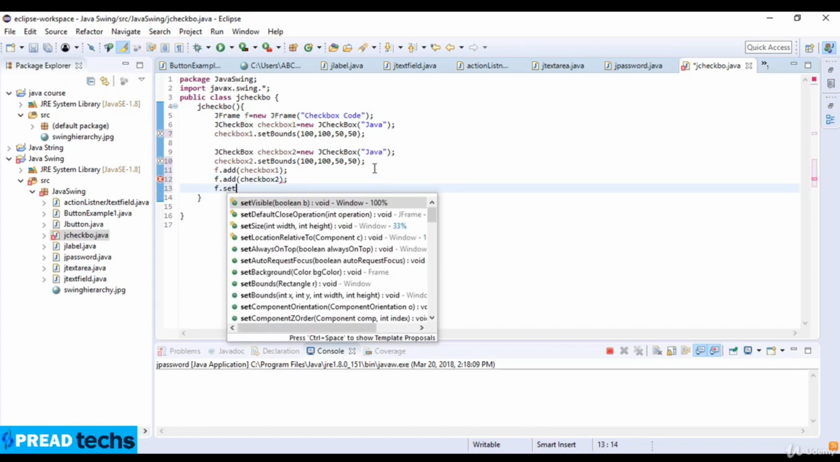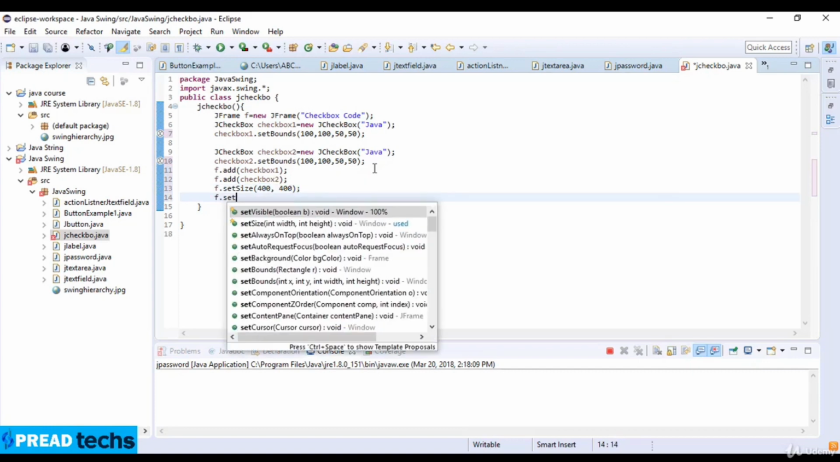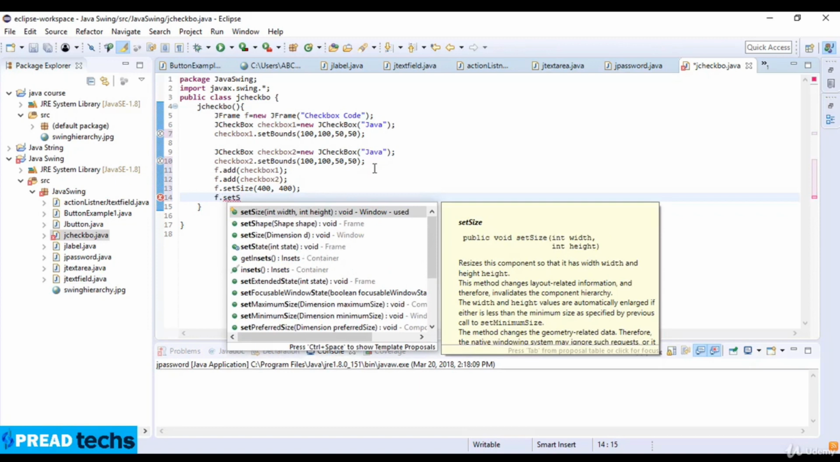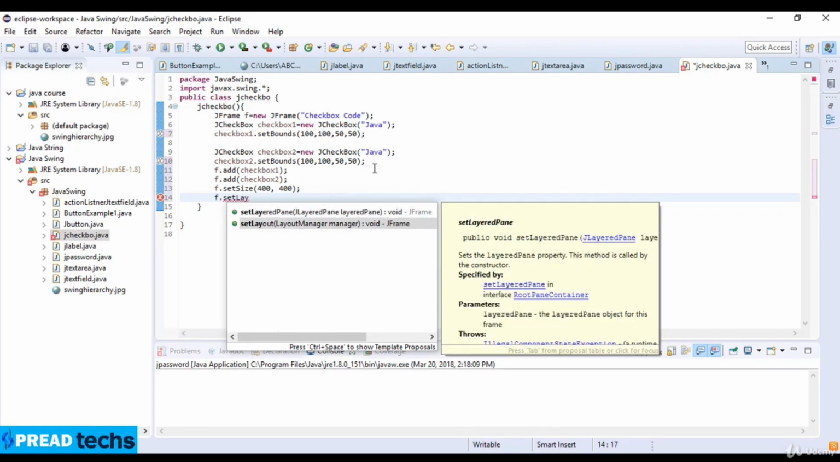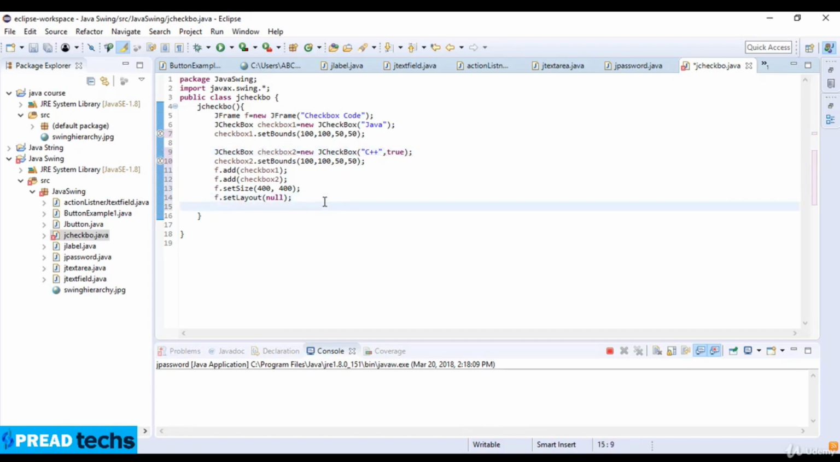Okay, f dot setSize, and the size of this frame is 400 by 400, and then setLayout, so the layout here is null, and then I just change the second checkbox text to C++, and here I just write true. Okay, and at the last, setVisible is also true. Okay,